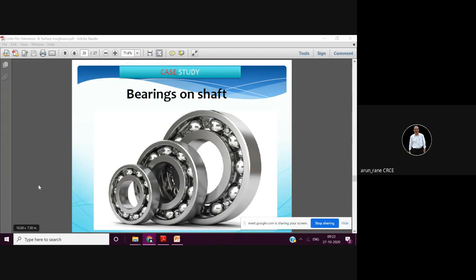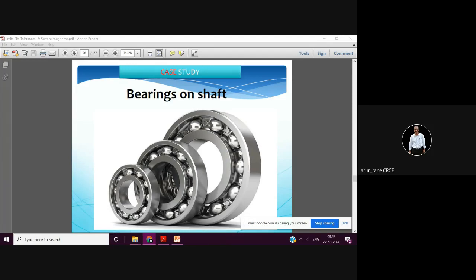So when you are fixing up a bearing, the inner race, that is this inner race, is fitted tightly on the shaft, and the outer race is fitted tightly in the housing. In between there are balls. So what happens now? The inner race will rotate with the shaft because it is tightly fitted on the shaft, and the outer race is stationary with the housing. Housing is not free to rotate, and in between you have balls, isn't it?